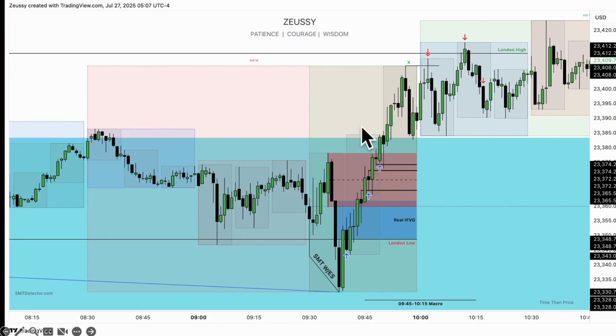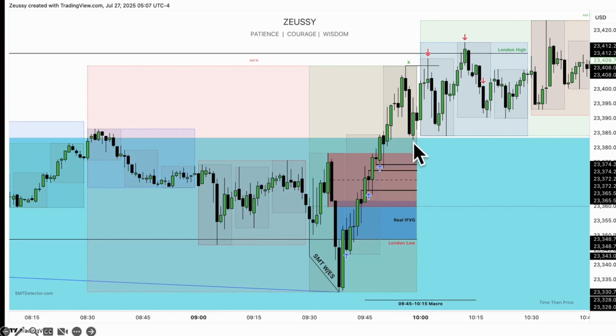which got created as the market left the price range of this bullish breaker. Market reprices back into that and then expands higher. Notice that the market stops right in advance of the London high and we see it retrace lower. Notice the market finds support inside of that rebalance, and when the next 90-minute cycle at 10 o'clock then